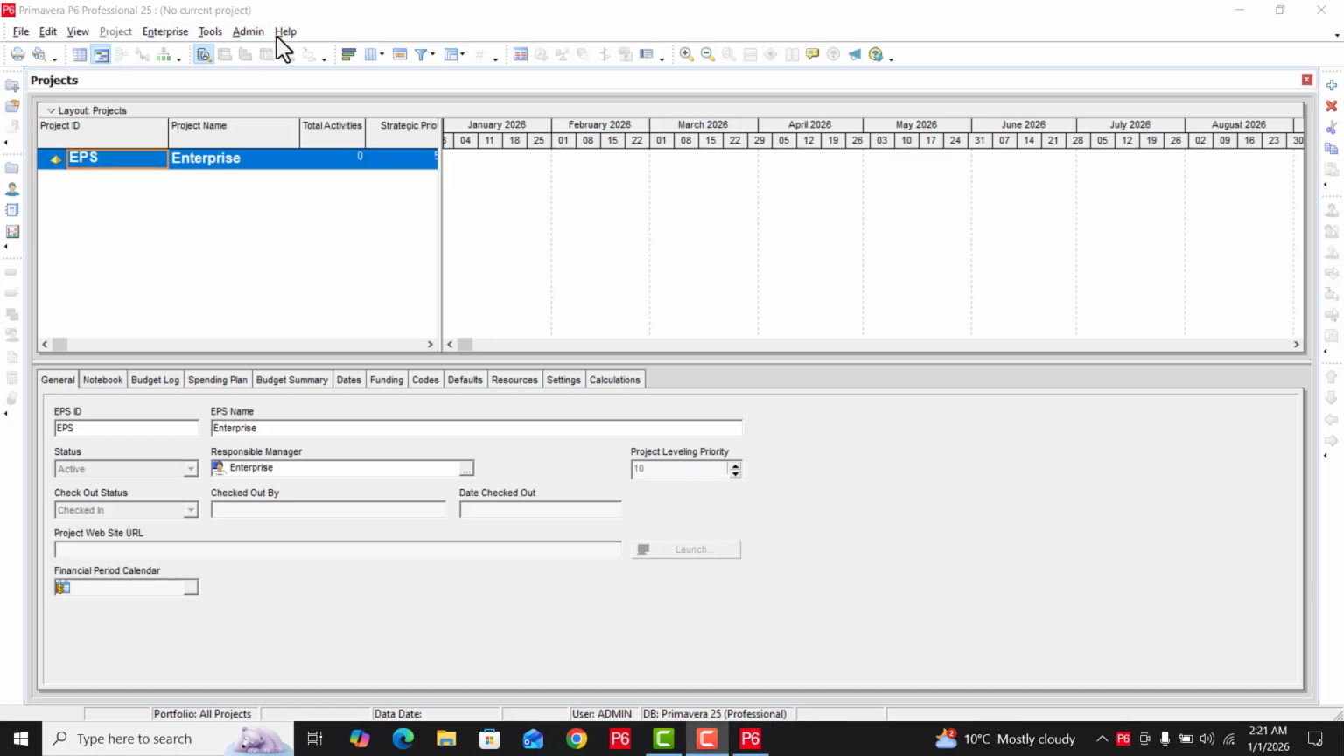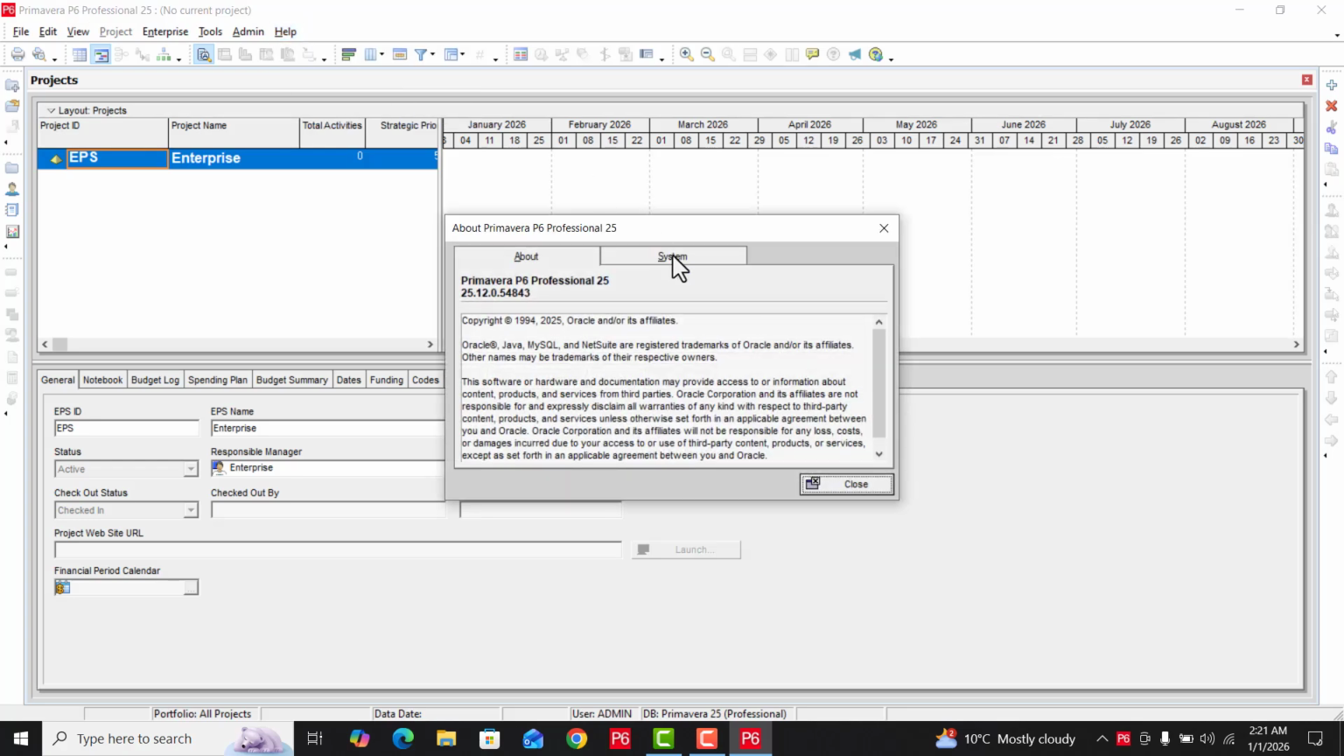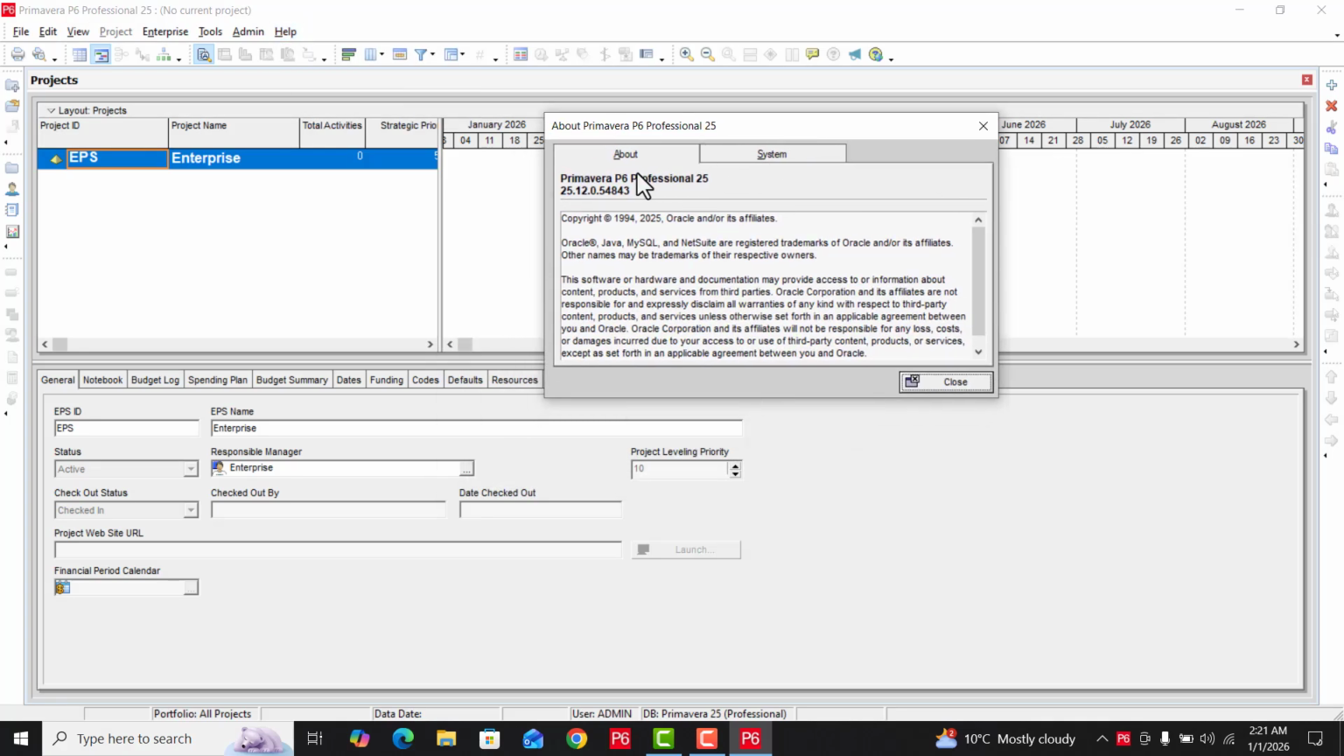And if you want to check the release, go to help and click on about P6 Professional. We are using Primavera P6 Professional